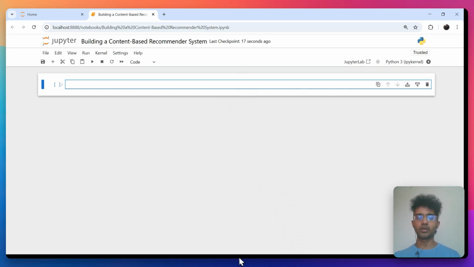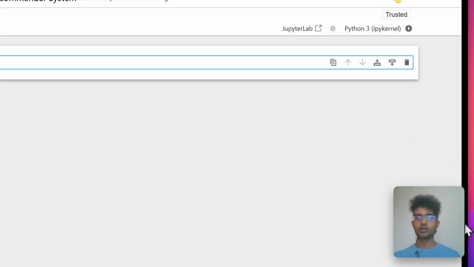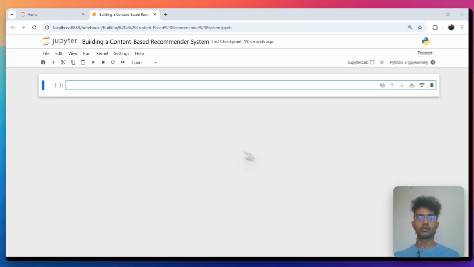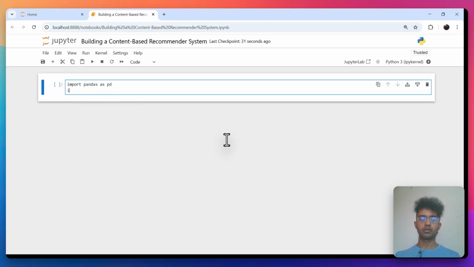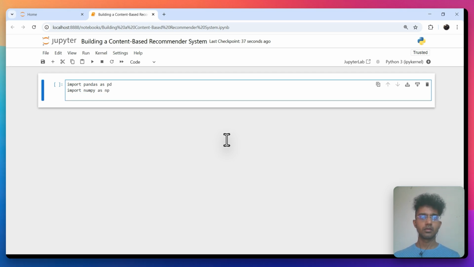So let's start importing the libraries first. We say import pandas as pd, then import numpy as np, then from sklearn.feature_extraction.text